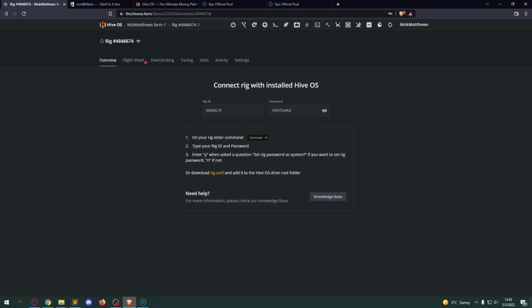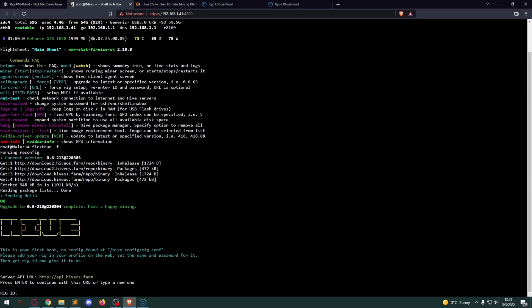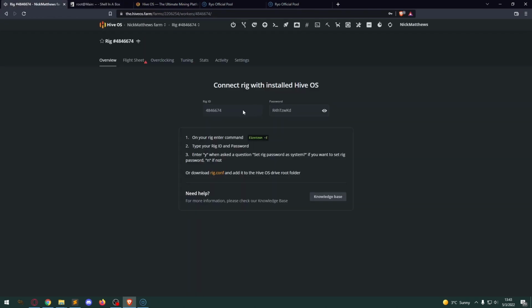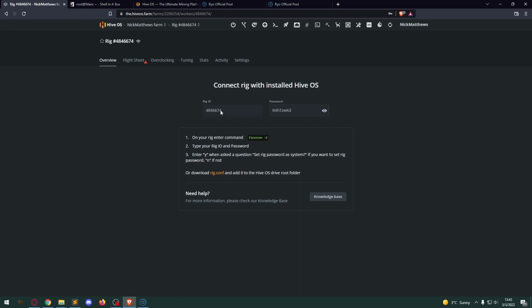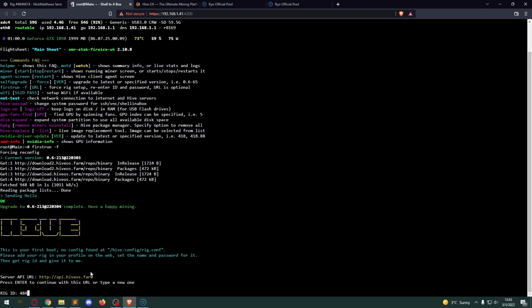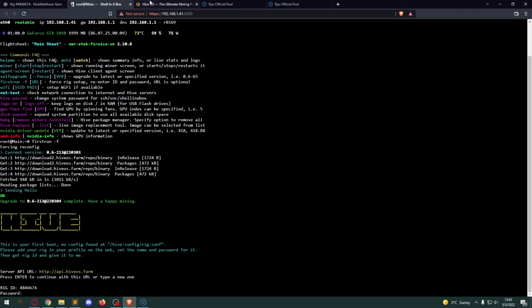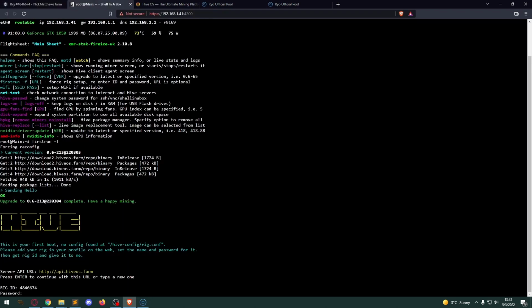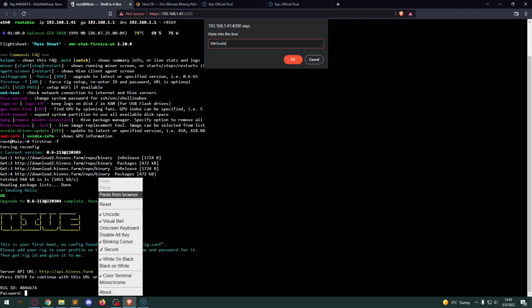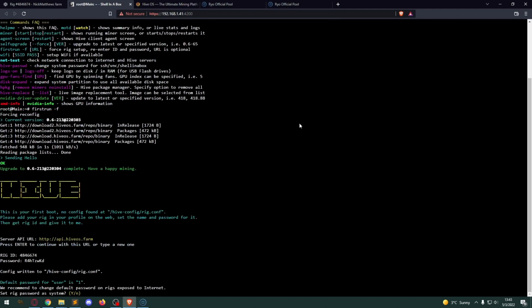So here's what we need to do. We need to go on your rig, enter the command first run -f, which we have done here, and then enter the rig ID. We'll just go straight for it. The rig ID is 4846674, and the password for this is this. Now the wonderful thing about Shell in a Box is you can just paste directly in, and you don't have to worry about it. And this has gone, okay, you've now entered in all the information I need to talk to